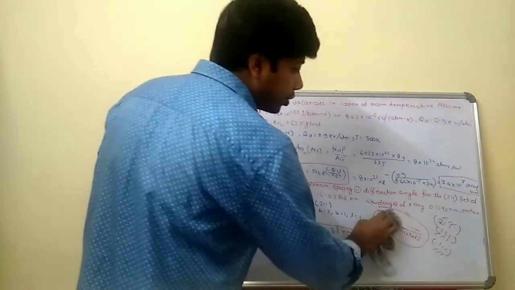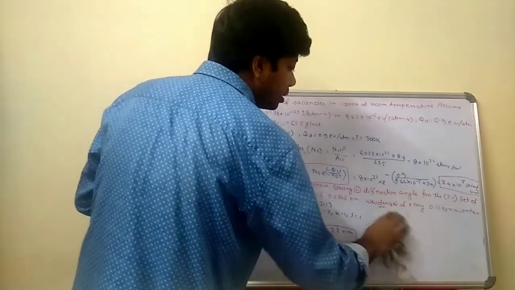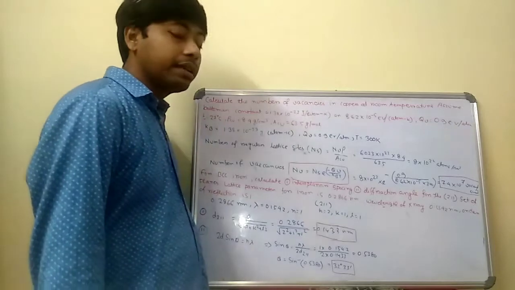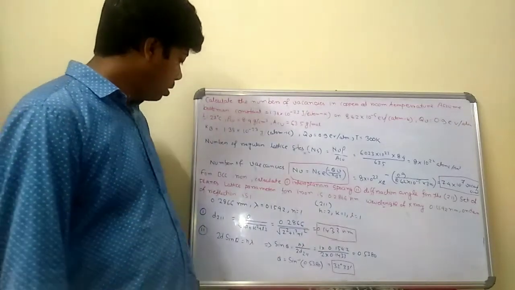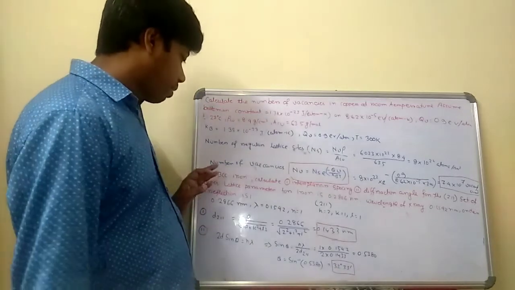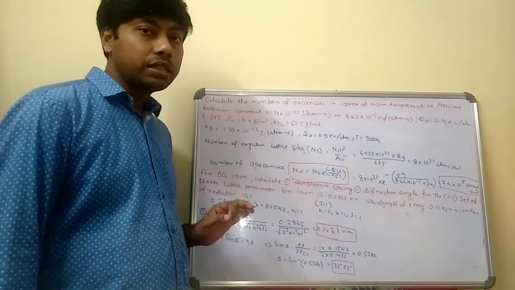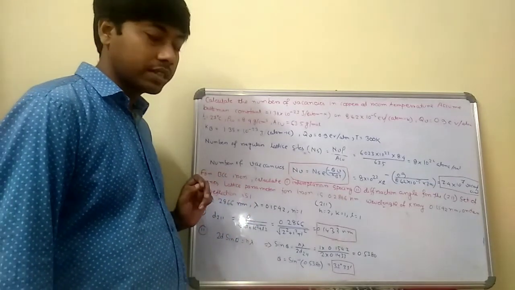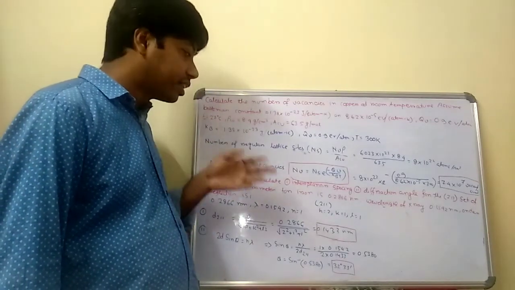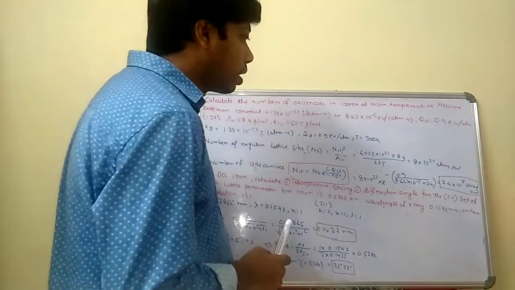If the one plane is given to you, that means h is 1, k is 1, l is 1 also given. Similarly in this numerical, you have to calculate the interplanar spacing. So in this numerical, for BCC iron, the structure is given to you, that is body centered cubic structure, and for BCC iron you have to calculate the interplanar spacing, that means d, and the diffraction angle